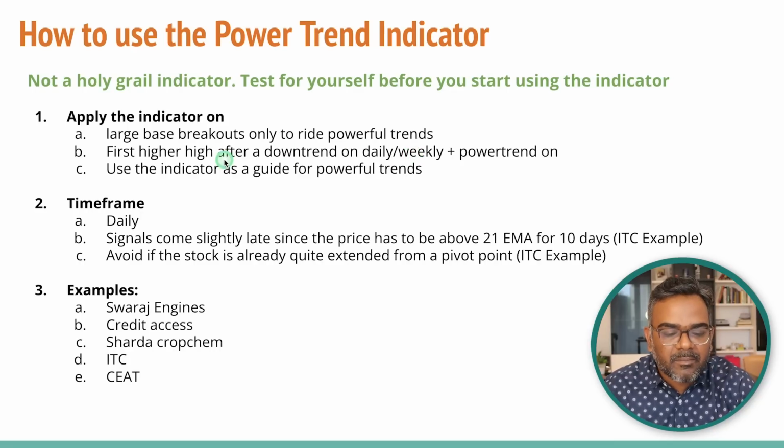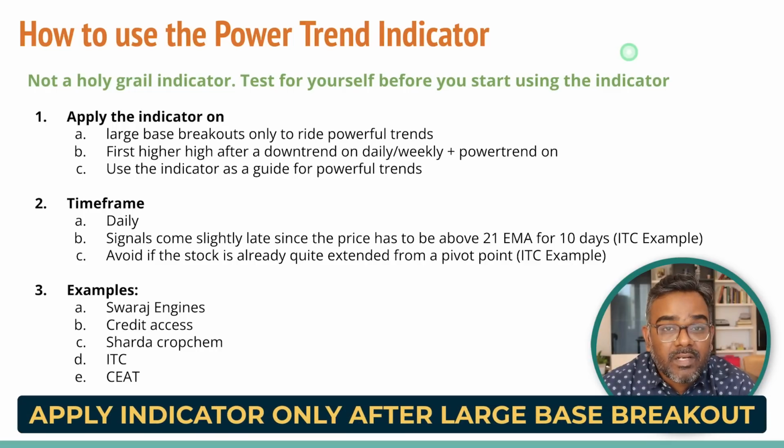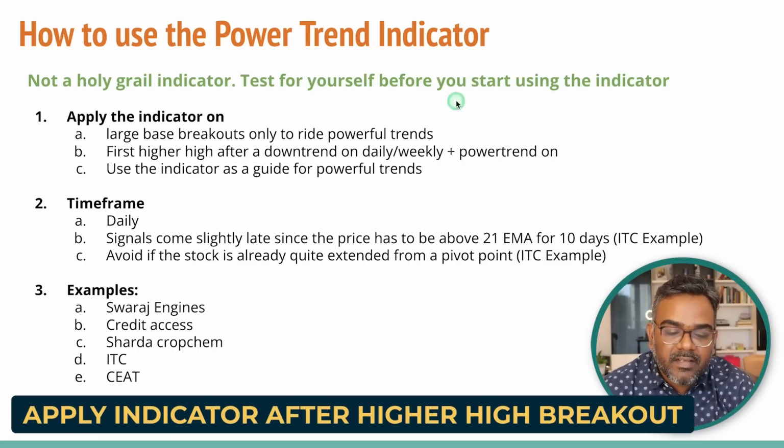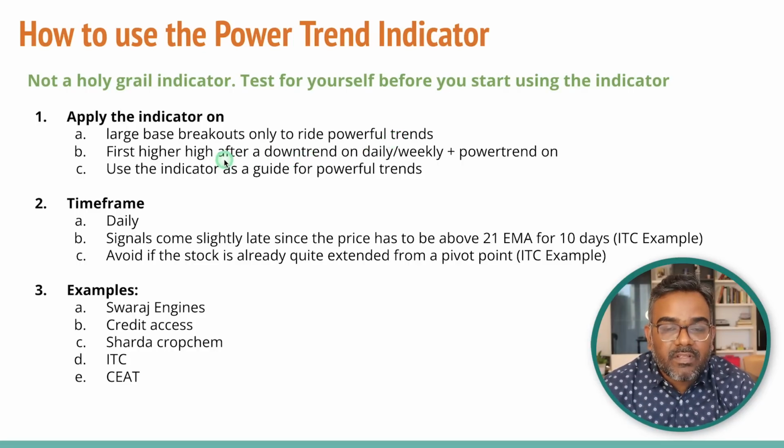Probably it might take you some time to understand this complete indicator. But again, remember, in short, apply the indicator only after there's a large base breakout, or apply the indicator on the very first higher high after a downtrend on daily or weekly charts. Now remember, after the first higher high on daily or weekly charts, the indicator should still be applied on daily charts. Okay, even for large base breakout,